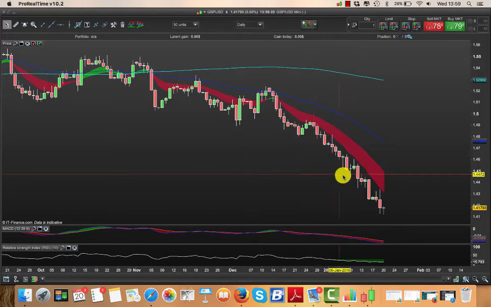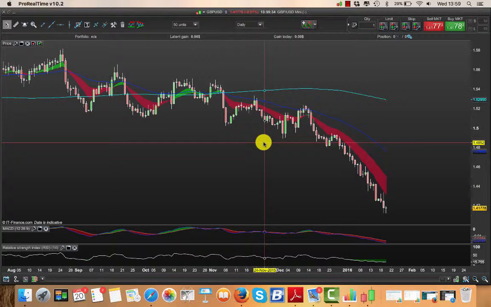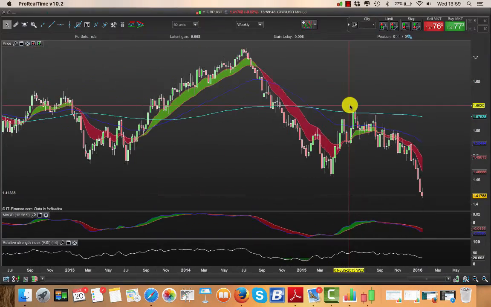So looking at this chart, it's just got everything. It's got the small price action. It's got my moving averages flowing in the right order, and my MACD and RSI are in agreement, which means we are converging with price action. All in all it's really good. But also, once again, the weekly is looking very good as a chart.